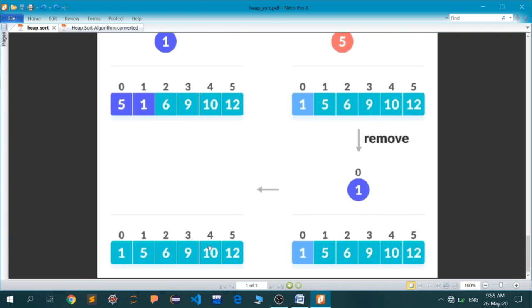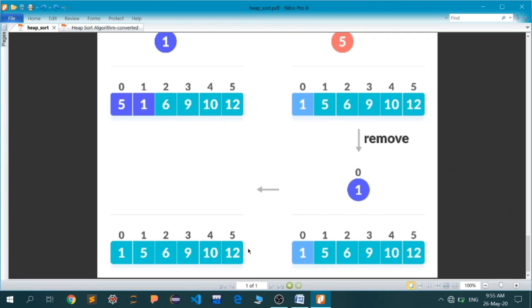So in the end, you will be left with an array with no active elements of the complete binary tree, but your complete array will actually be in the sorted condition. And in this way, your heap sort actually sorted your array by using the heapify, swap, remove, and heapify functions.